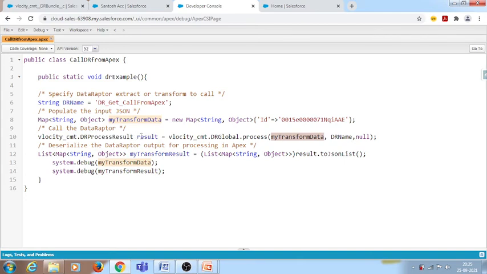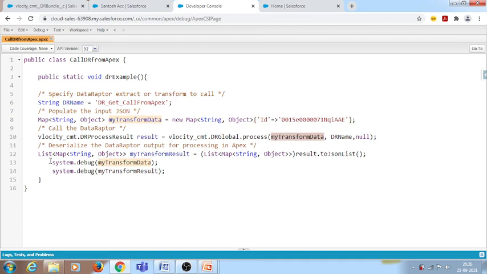However, we are going to convert this return type to JSON. For that we have a special method, toJSONList, which will convert this result to the JSON list. So here we are storing it into a list of maps.